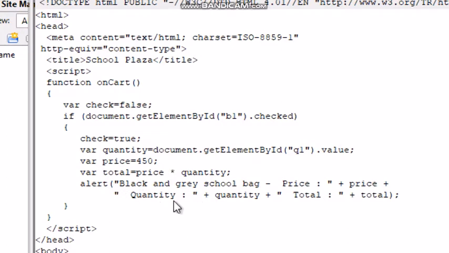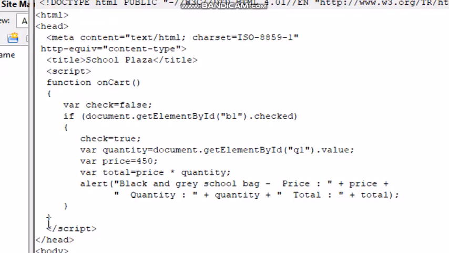Here the word quantity is written as it is. Then in this place the value of quantity is written. Total word is written as it is. And the value of total is printed here. Total is price multiplied by quantity. This is the end of if statement. And this is the end of function onCart.